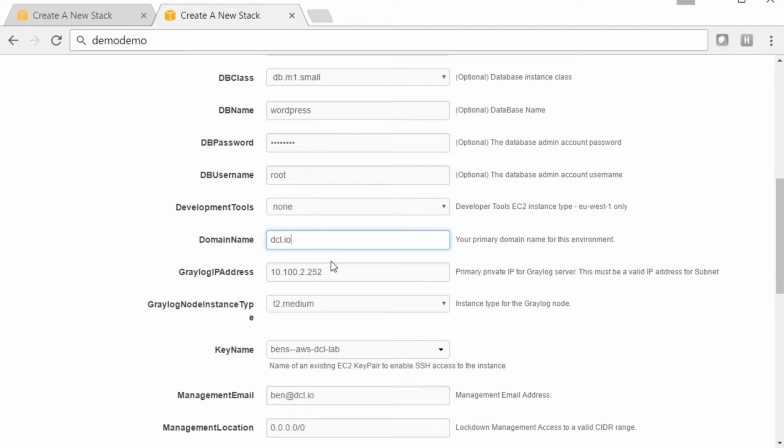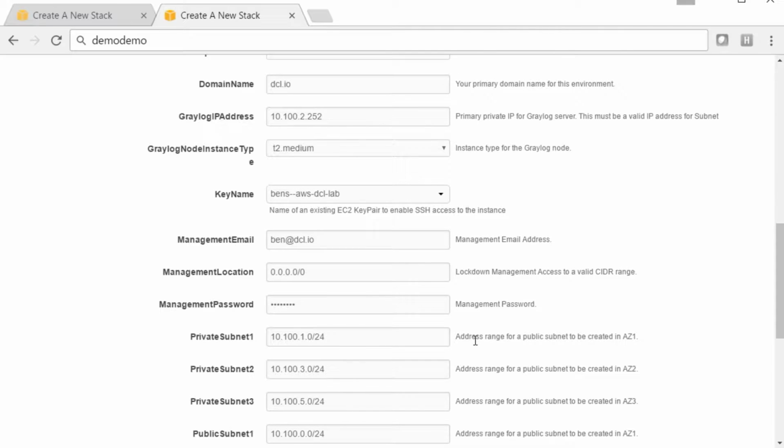What domain name we wish to use with the system, the key name that you're going to be using to access these management machines, the management email which you're going to get feedback on about the creation of the stack and other details. Where you would like to lock down management access to, we would suggest a range of IPs, but in this instance it's a demo. I'm not going to lock it down, and it's going to be accessible to the public. The management password, we're also going to specify demo,